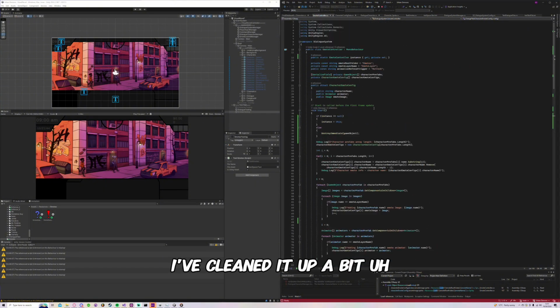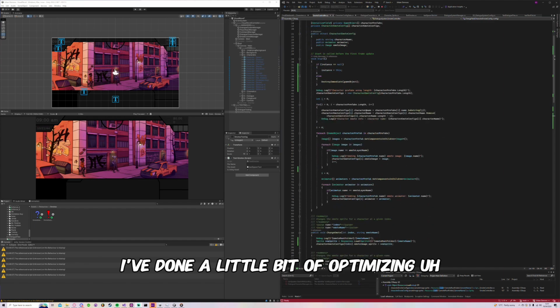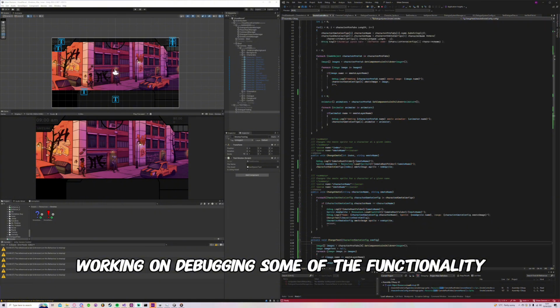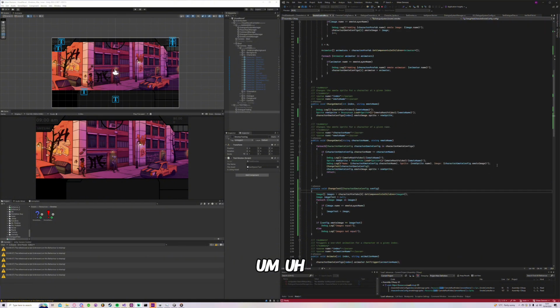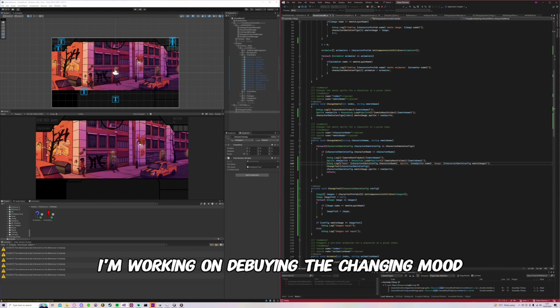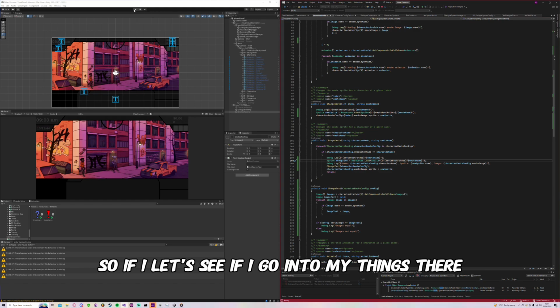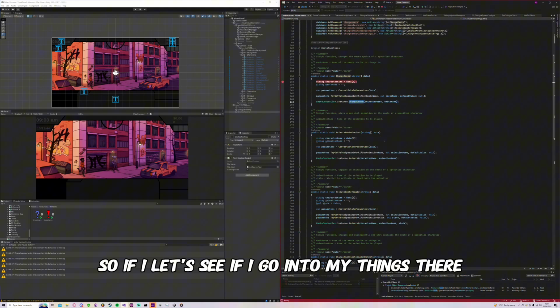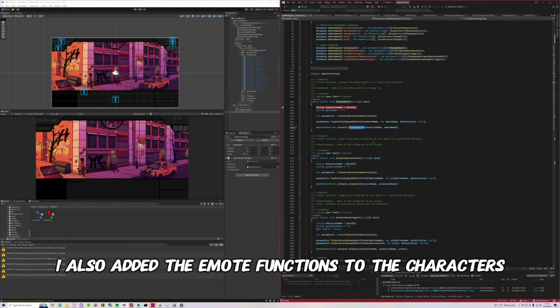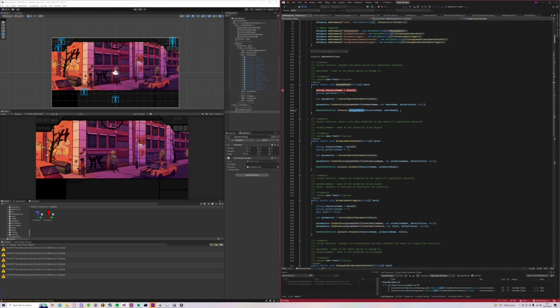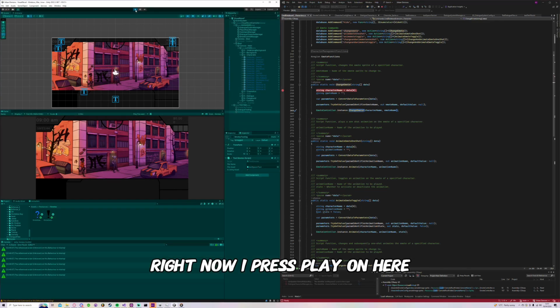Okay, so where we're currently at today, I've gone through this emote controller class. I've cleaned it up a bit, I've done a little bit of optimizing, I've documented it, and I'm now working on debugging some of the functionality. In particular, I'm working on debugging the change emote at the moment, because it's behaving very, very strangely. I also added the emote functions to the characters database class. Right, now if I press play on here,